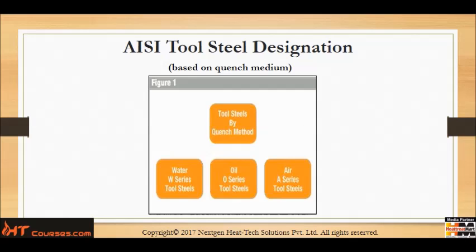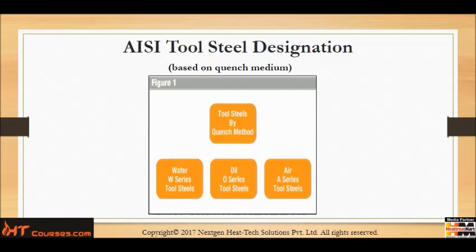AISI tool steel designations, and these are the tool steels that are based upon the quench medium. Tool steels by quench medium. On the left hand side, on the bottom row, you have the W series. All that W means is a water quench. So really what we have is a medium to high carbon steel with a few alloying elements in there, but only in very small amounts, and that necessitates a rapid cool down such as can be obtained by quenching in